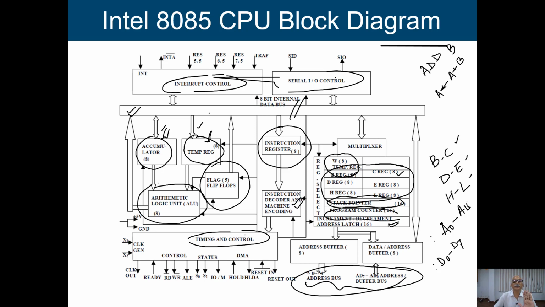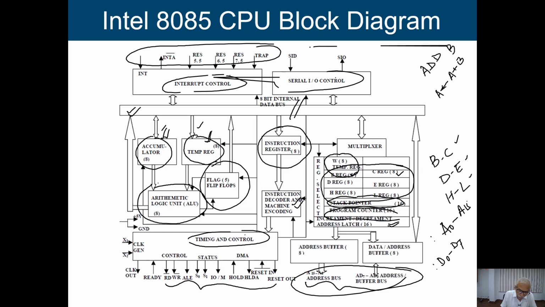Till now we have not discussed the control unit. Depending on our design or requirement, we have to design the control unit, and this control unit is going to generate several control signals that will be required while working with this processor. So these are the control signals we are going to have, and they will be generated. These are basically interrupt control signals. When we discuss the interrupt, then we will discuss them.